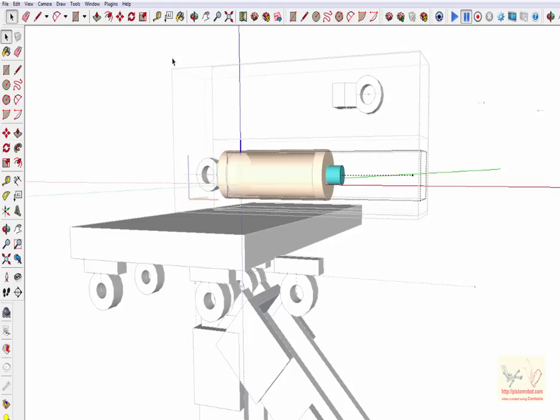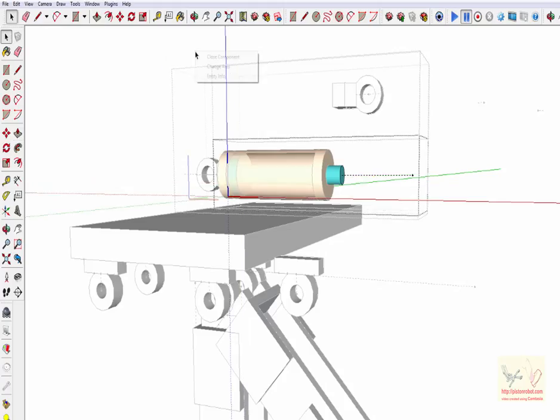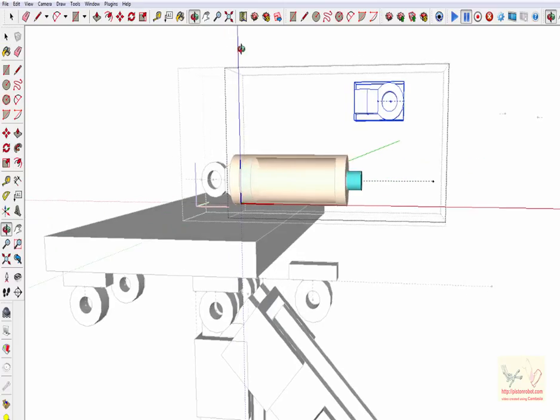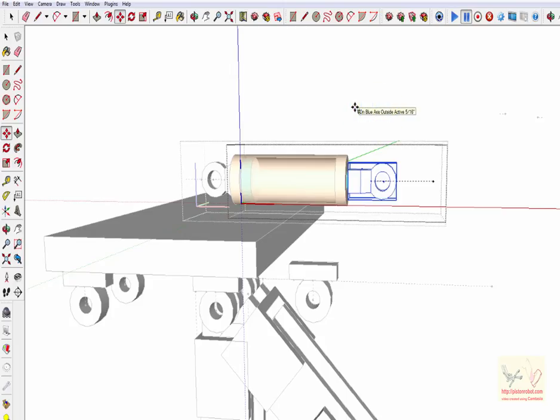And we'll go and move it over by 5/16. And then we'll move it down by the 3 inches that we moved it up. And that puts it back on top and gives you